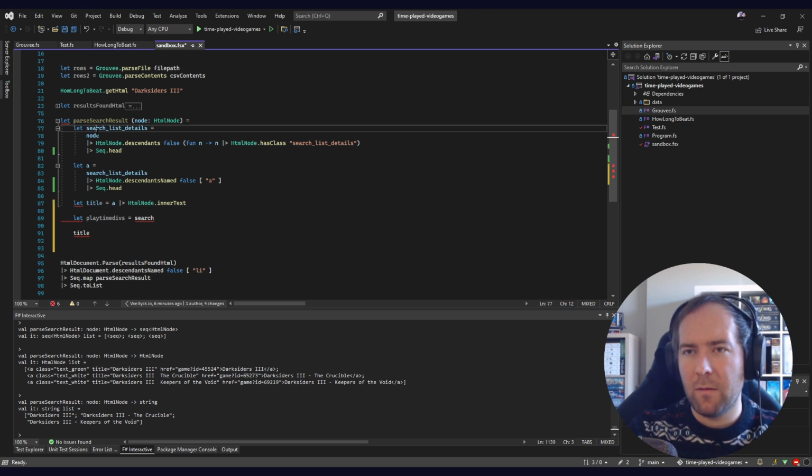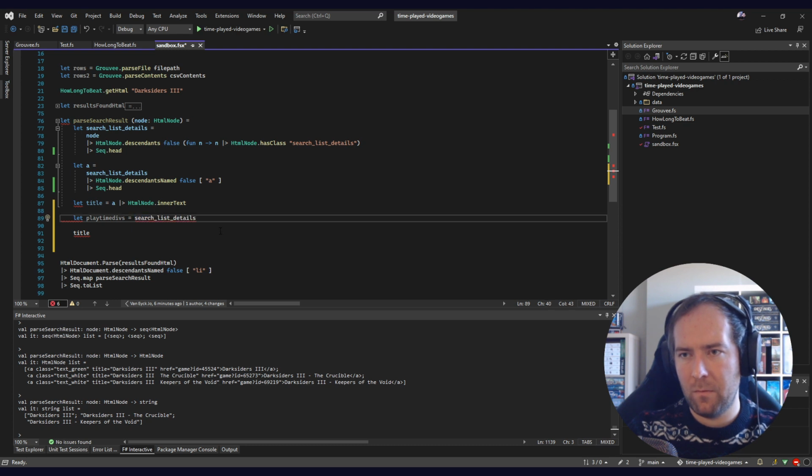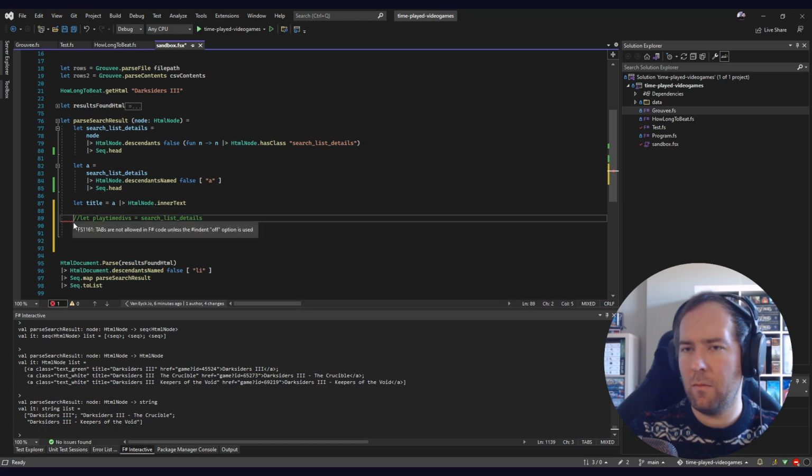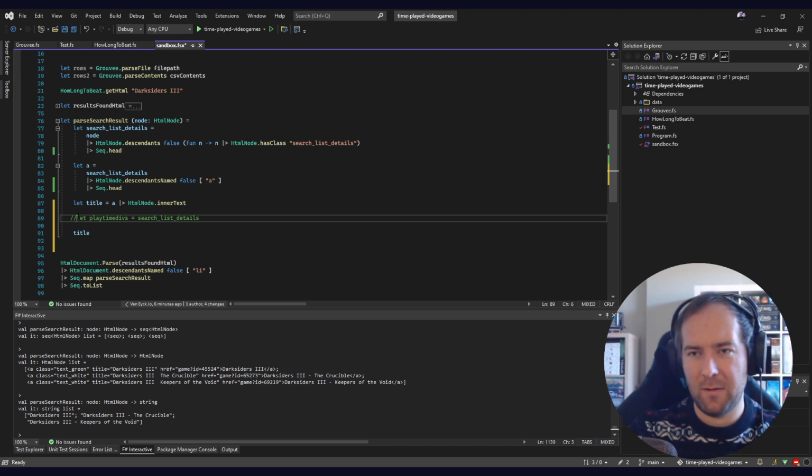Why can I not access this variable? What's going on? Oh, it's because there's a tab. This is something else. Yesterday I did some F# coding and I was not tripping up over tabs and spaces. So I don't know what changed in the last 5 minutes, but I don't like it. Anyway,